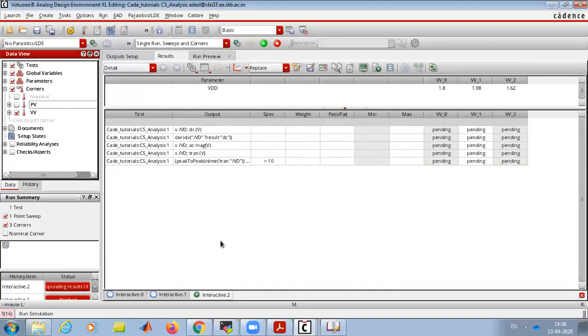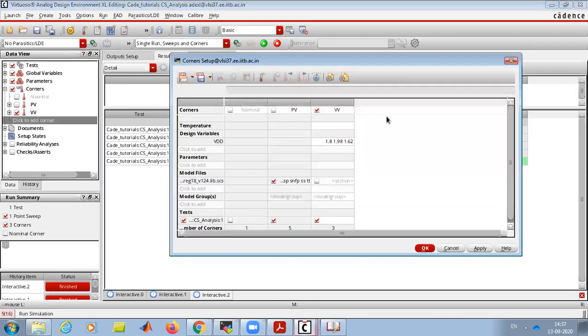This makes the simulation very easy to perform, and you can quickly find out which corner something is not working in. Go to that corner and debug. Here you can see pass. What it means is that even with supply variations, your design will work. One thing is this has run for TT. So let's do it again for temperature variation.